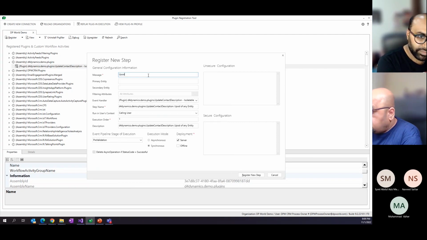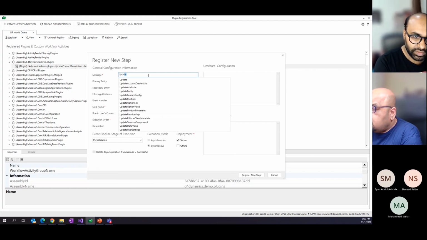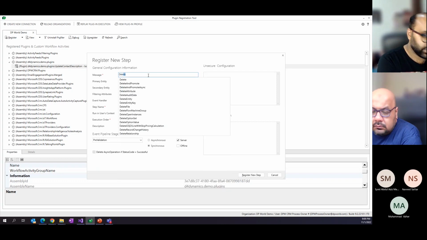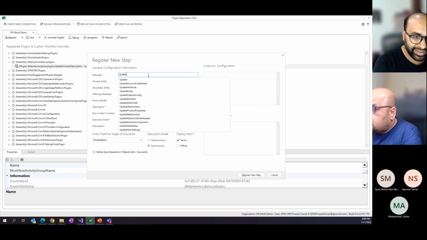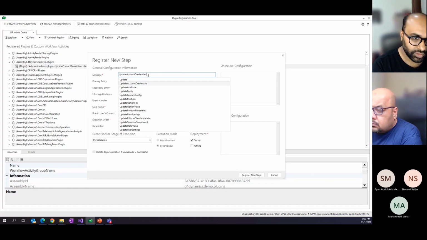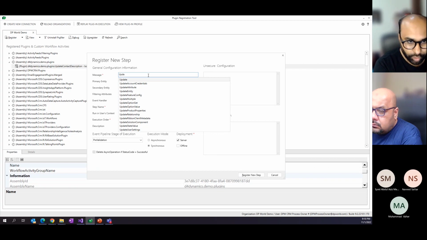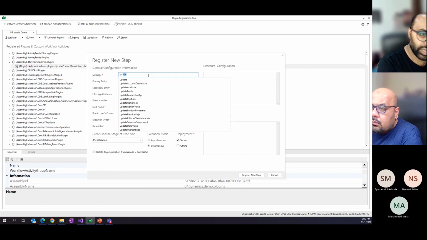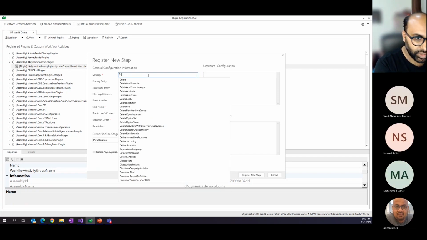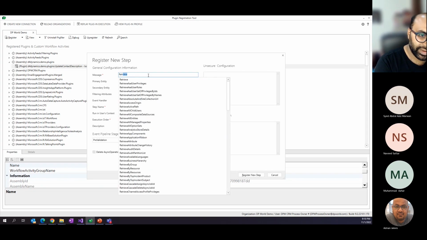You will see we also have update, we have delete. Just to show you the power, we also have update entity, which means if you are customizing a table, you can run code on that also. Anyway, for our normal operations, we use create, update, delete, and sometimes retrieve